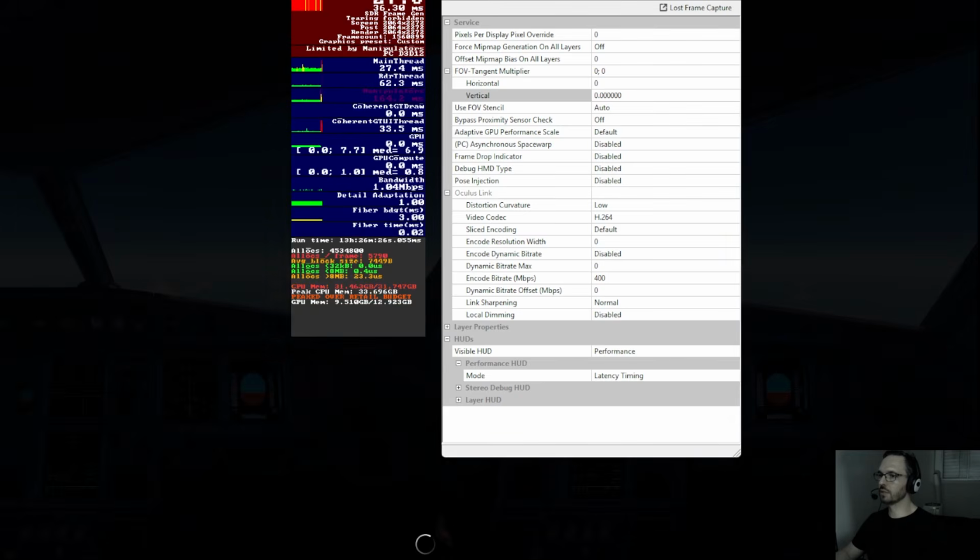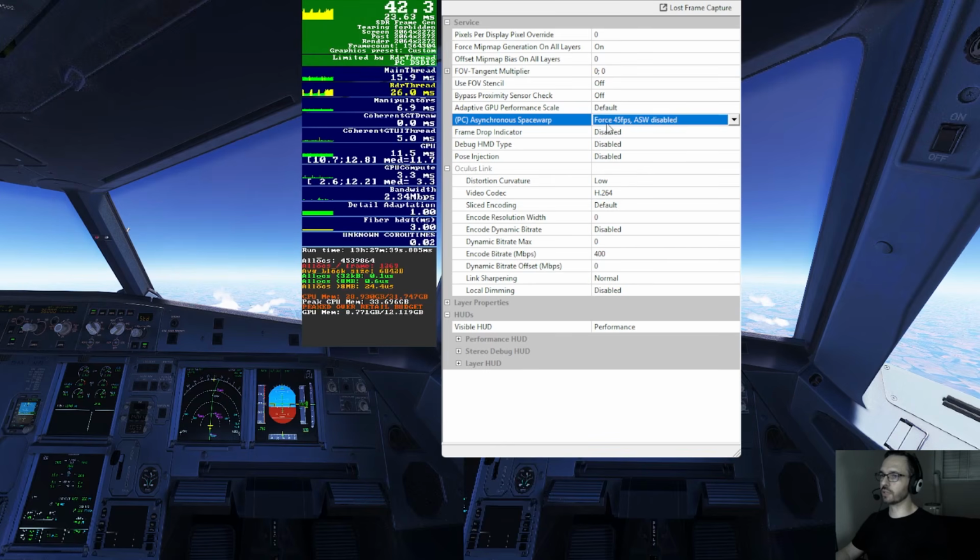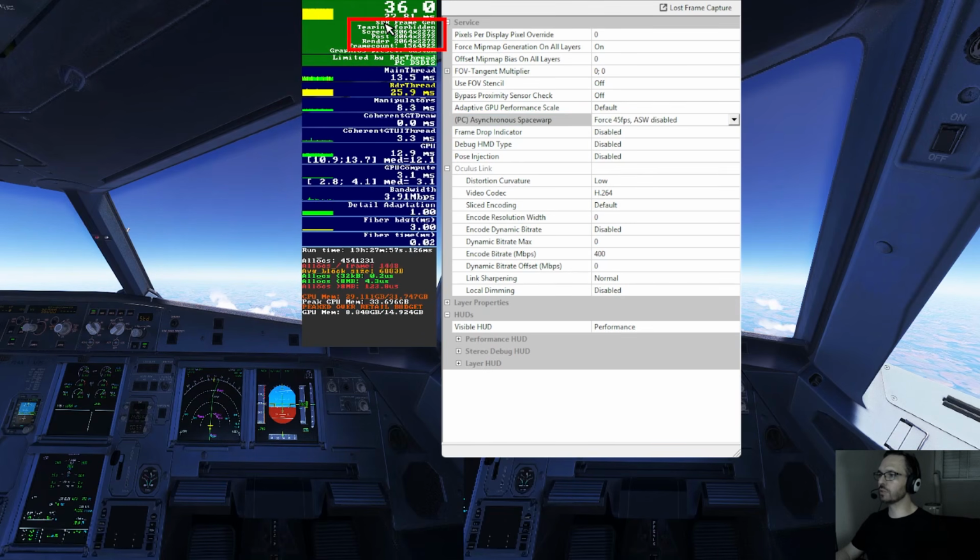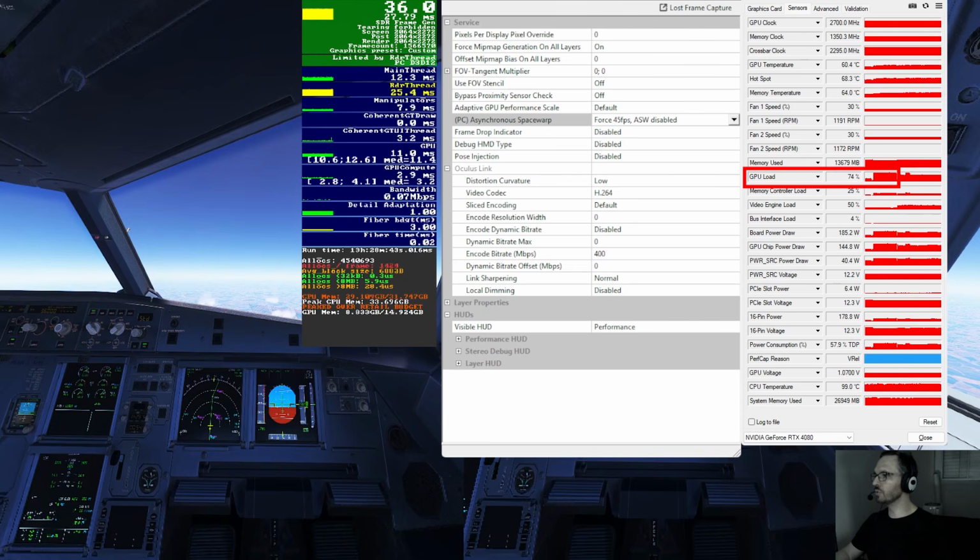Get inside VR. I will now limit the frames per second and enforce 45 frames per second. That means half refresh rate. Now our flight sim is running at 36 frames per second. And we are achieving almost the native resolution, 2064 by 2208, of the Quest 3. And the GPU usage is around